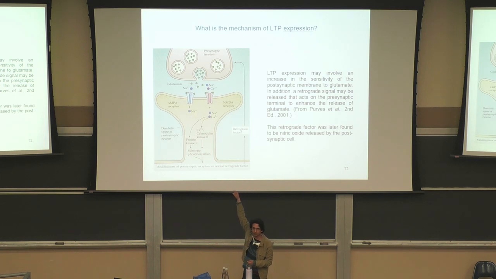retrograde factor we mentioned, because someone asked, how would the presynaptic cell know which synapse to strengthen? Because the presynaptic cell wants to strengthen the synapses for which it is more influential. It doesn't want to strengthen the synapses that don't adhere to its influence. But also the presynaptic cell doesn't directly know when the postsynaptic cell was active. So how would it know which cell is listening to its output? It knows because of some retrograde factor that has to go from the postsynaptic cell to the presynaptic cell.